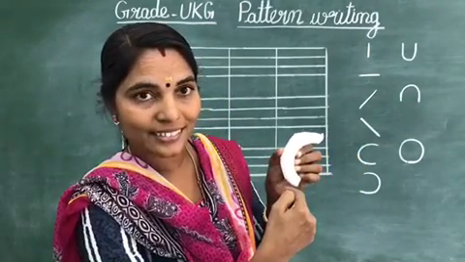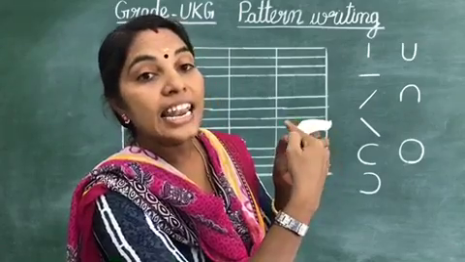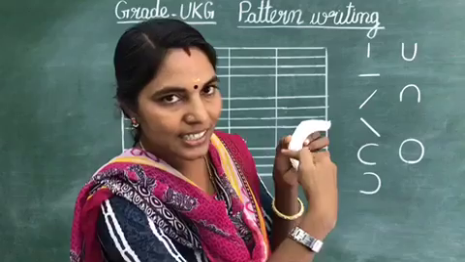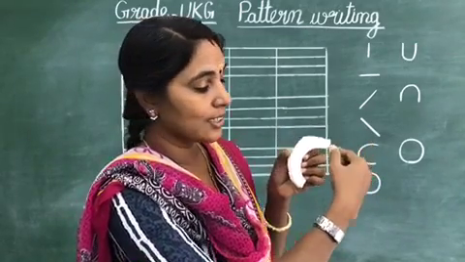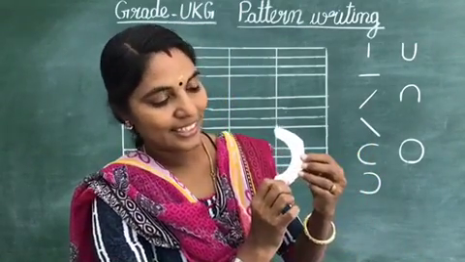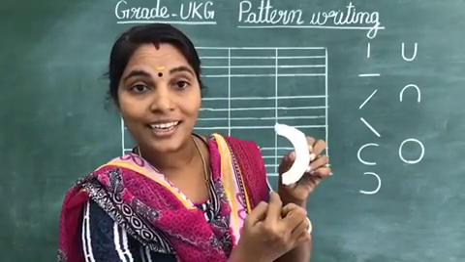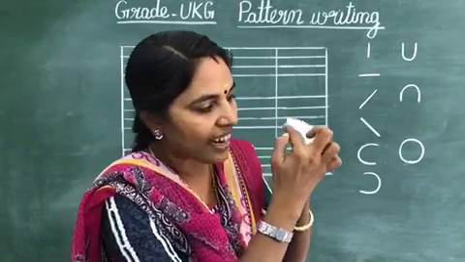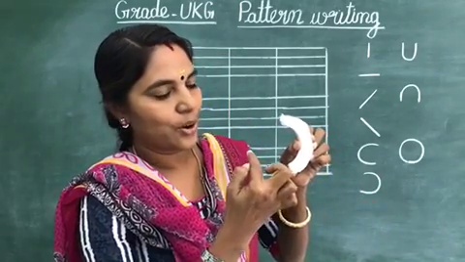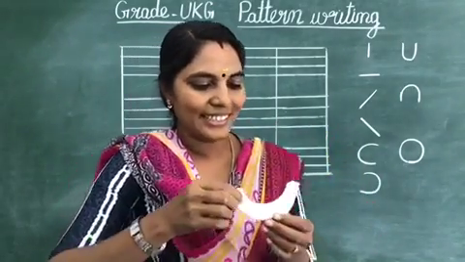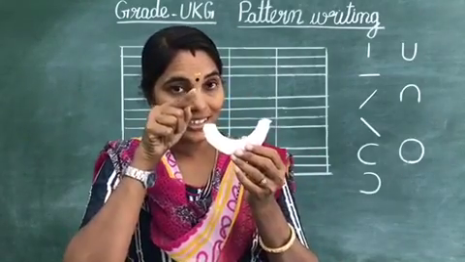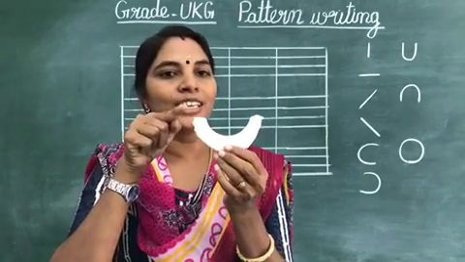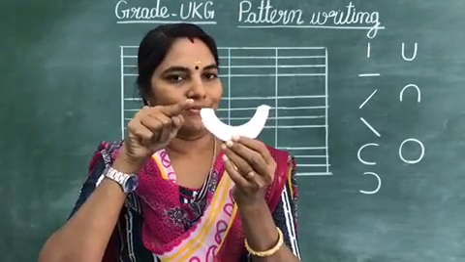What is the pattern? Yes, this is left side curve. Say children, left side curve. Now I am going to turn the position. Yes. Now in which pattern it is? Right side curve. Which one? Right side curve. Okay. Now see, it's going upward. And this curve, what we can call it as? Upward curve. Up curve. Okay.